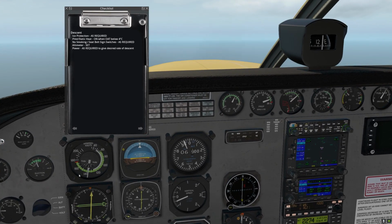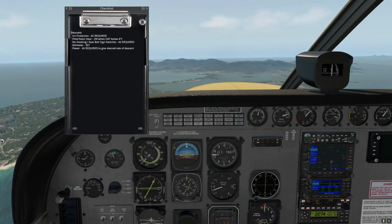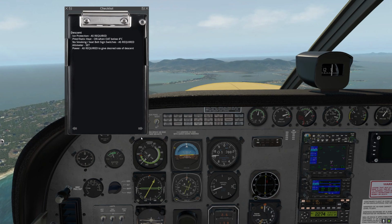However, in this case, our indicated speed's not that high yet, so we might as well use gravity to make us go a bit faster and get there a little bit quicker. It means we'll probably be a little bit high, but that's okay. So, I'm going to skip ahead until we're a little bit closer, and we'll talk more about the approach and landing phase. Alright, we're going to be entering a traffic pattern around Princess Juliana Airport, so before we get to